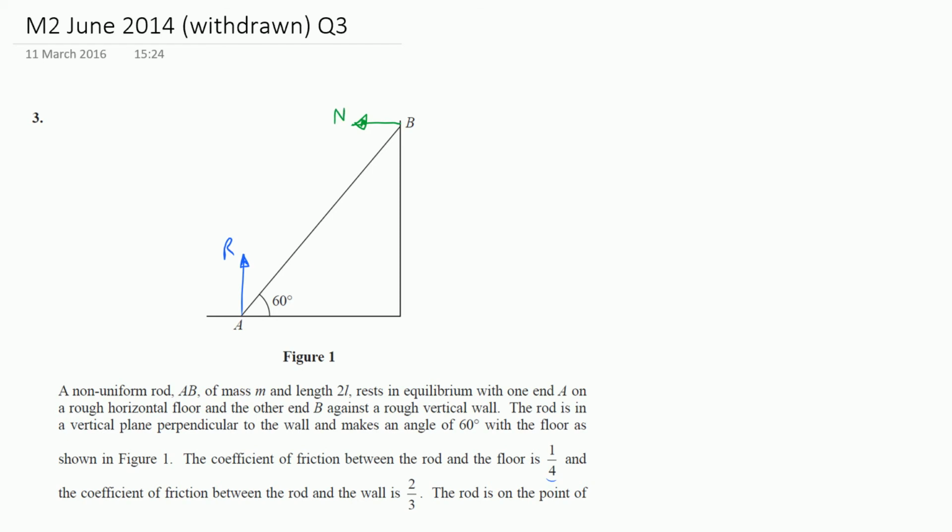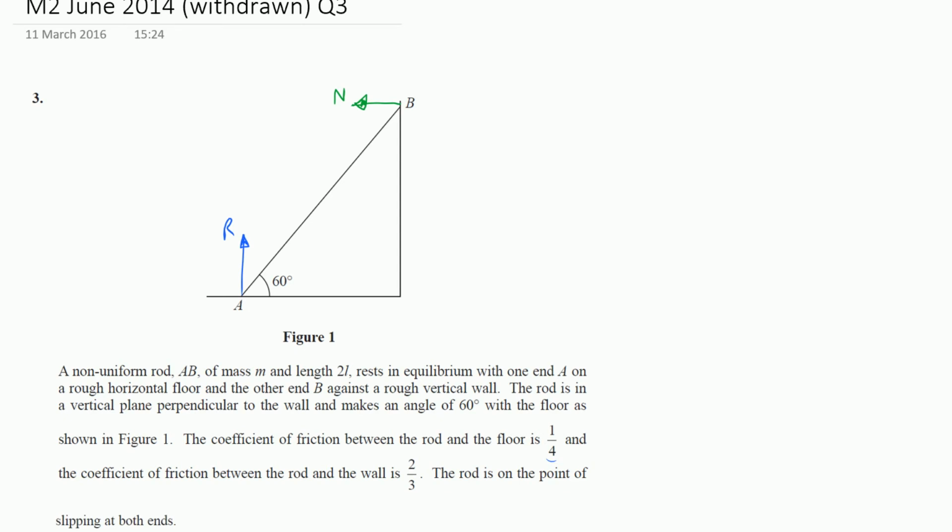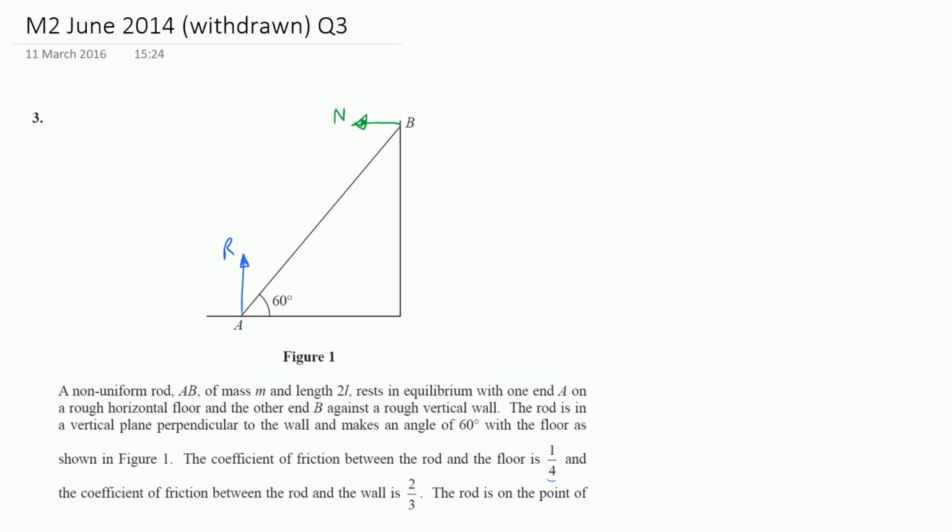We also know that the rod is on the point of slipping at both ends, and because it's on the point of slipping, friction will take its maximum value. Now, if the ladder were to slip away, it would move away from the wall, which tells me that friction must be acting in towards the wall. So here I have F max, which is going to be equal to the coefficient of friction, which is 1/4